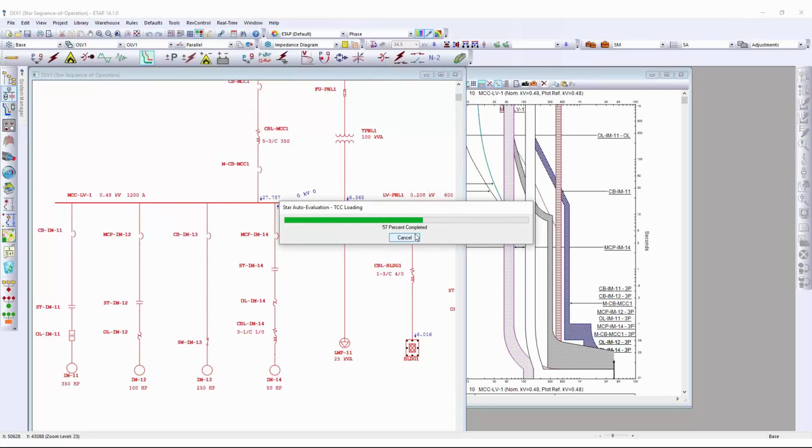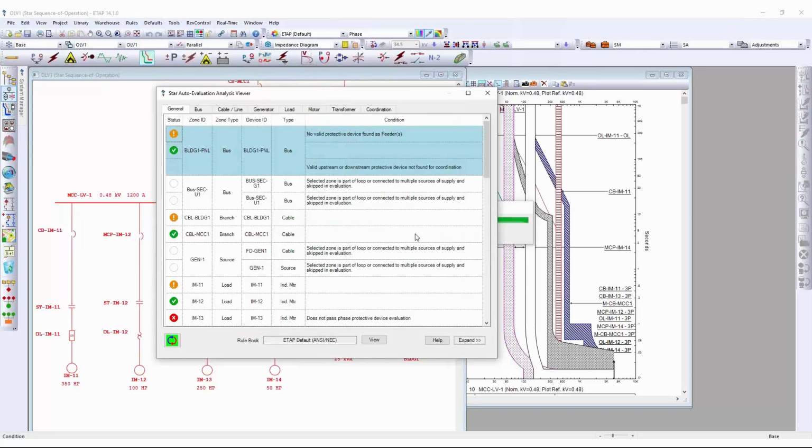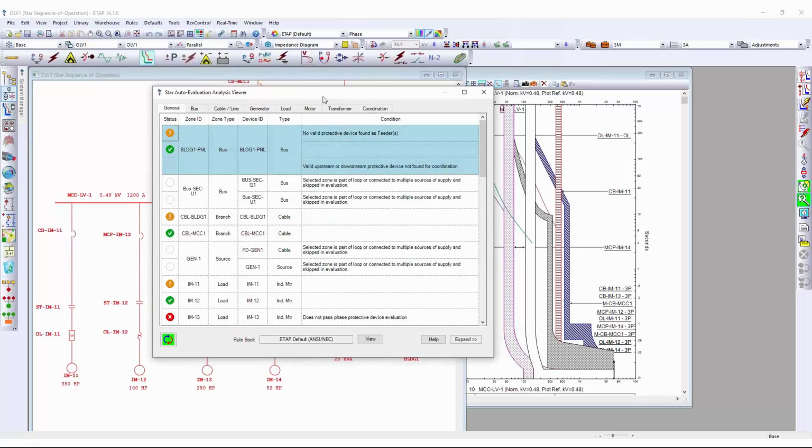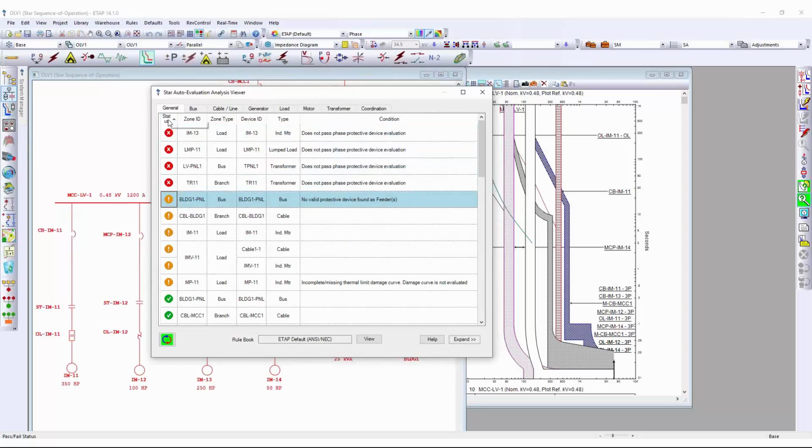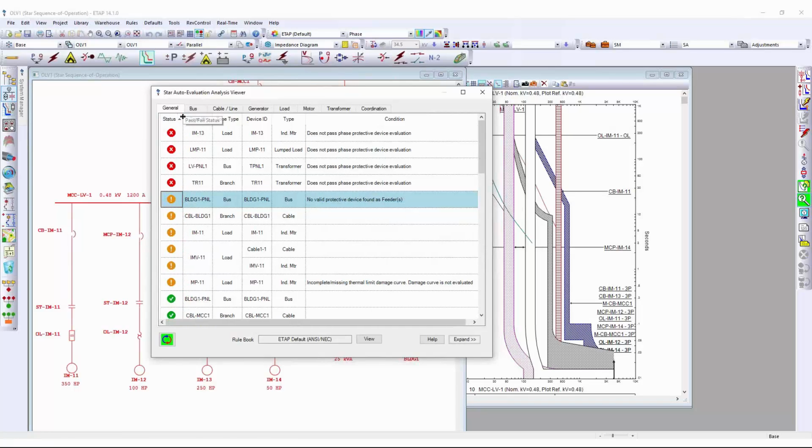What it would do, it would collect all of the information from the individual elements, the equipments which are contained in each zone for protection, and also the protective devices, automatically run the short circuit and put the pulse at the proper location and give you the result in a simple table. In this table, if you like, you can sort the results based on the status. Red with a cross sign means it has failed the evaluation criteria based on the provided rule, and orange means the protection engineer needs to pay attention to the found observation for evaluation and decide if it is acceptable or not. If it is green, it means from the software